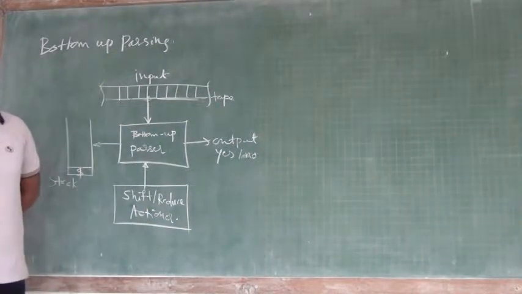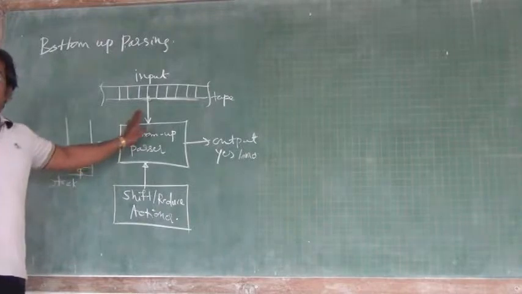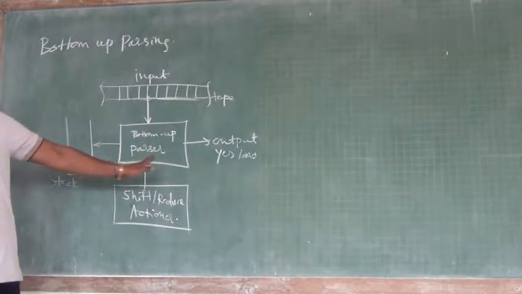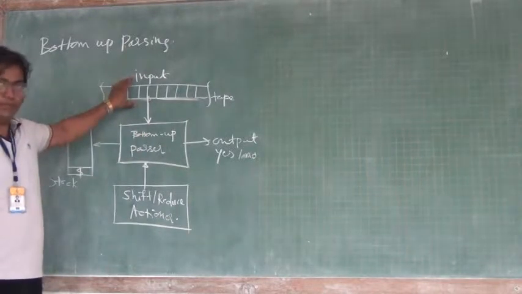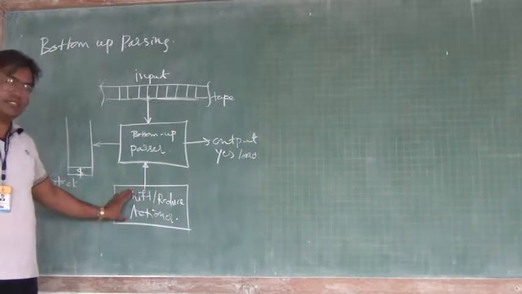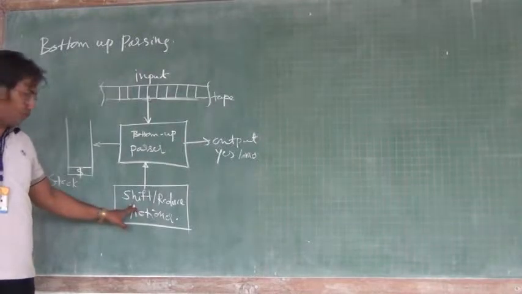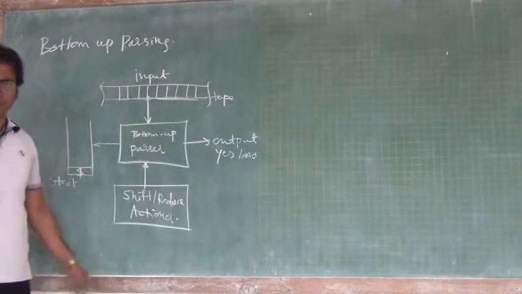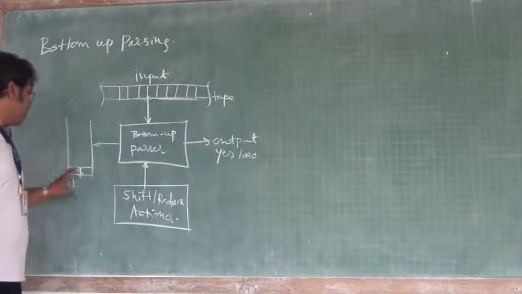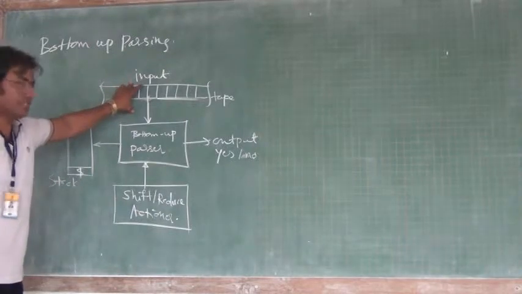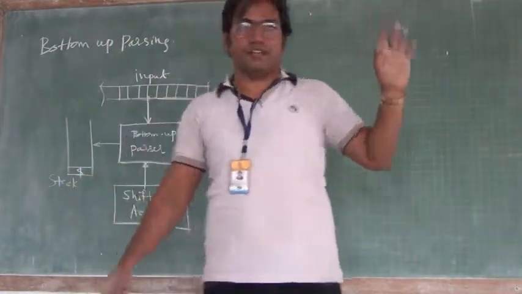Okay, exactly similar grammar we will consider. So in the examination you have to draw this much and explain individual components of this parser. Okay, this is a parser. What is it doing? It is making use of input and stack, and this actioner, which you term as a shift and reduce actioner, is basically having two jobs, two kinds of action it does, shift and reduce. That we will see in the further discussion. So by using this shift and reduce action and by using stack, we take the input for the parsing and produce the output in the form of yes or no. This much explanation is very much sufficient.